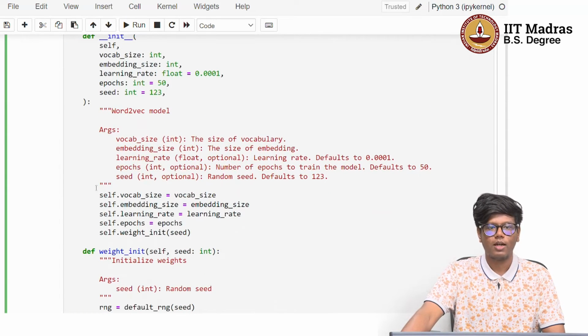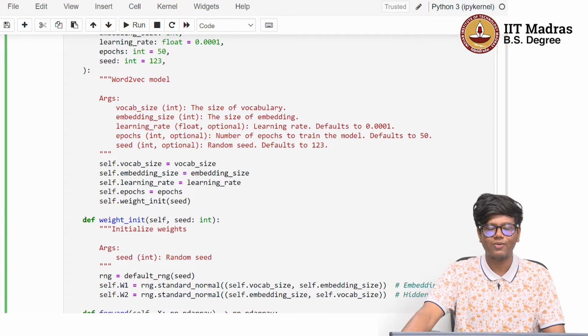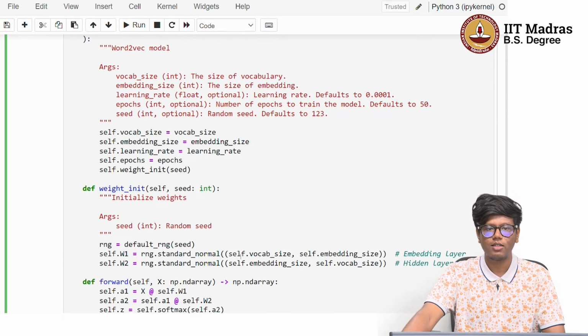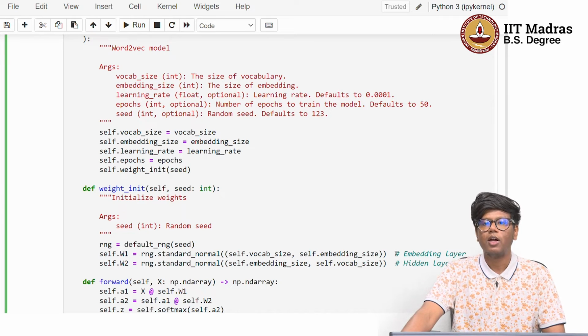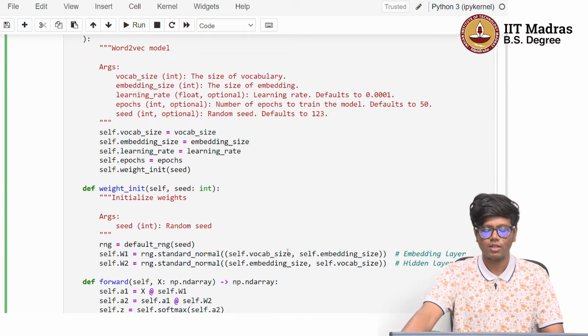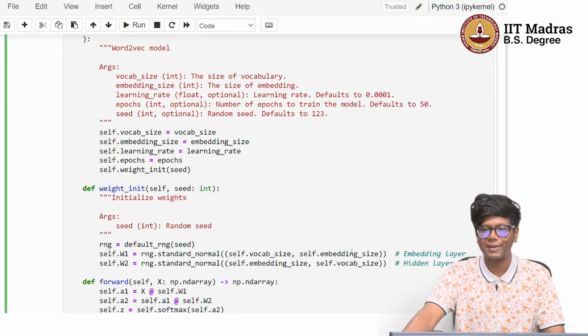And I will be initializing weights based on the standard normal distribution here. So the first matrix, W1, corresponds to the embedding layer. The size of the matrix will be the vocab size times the embedding size, and I will be using another hidden layer to convert the embedding size back to the vocab size, so that the loss function can be